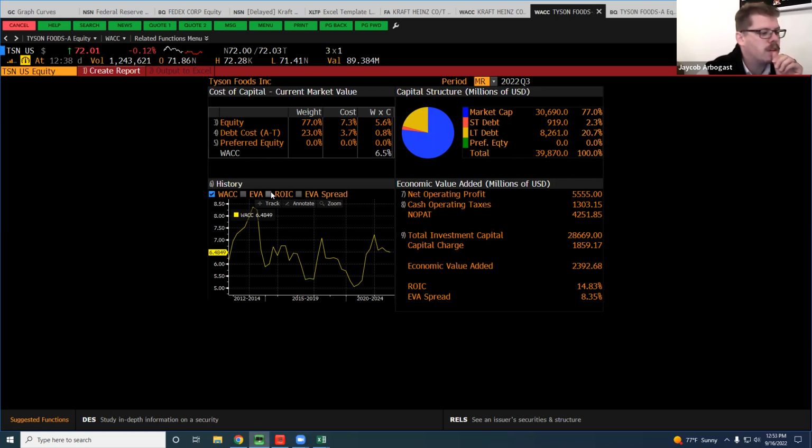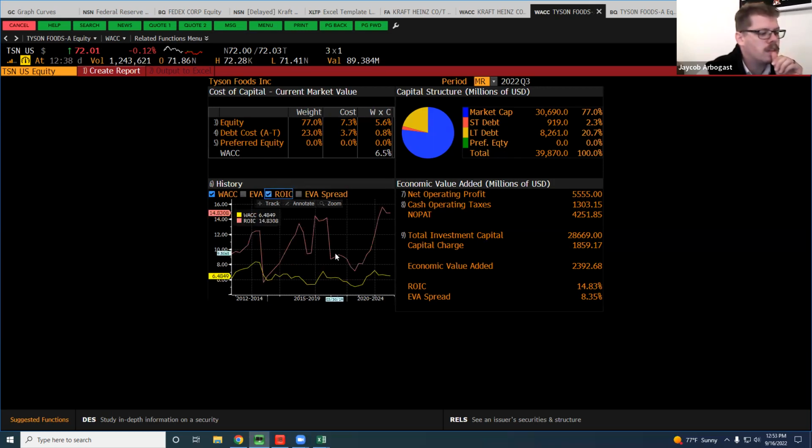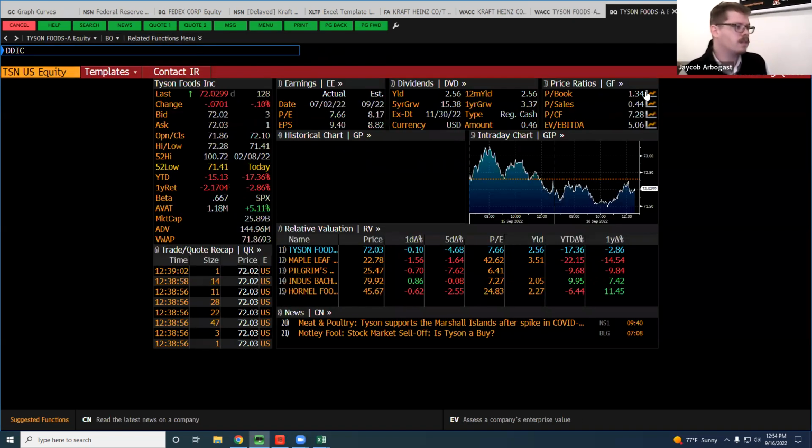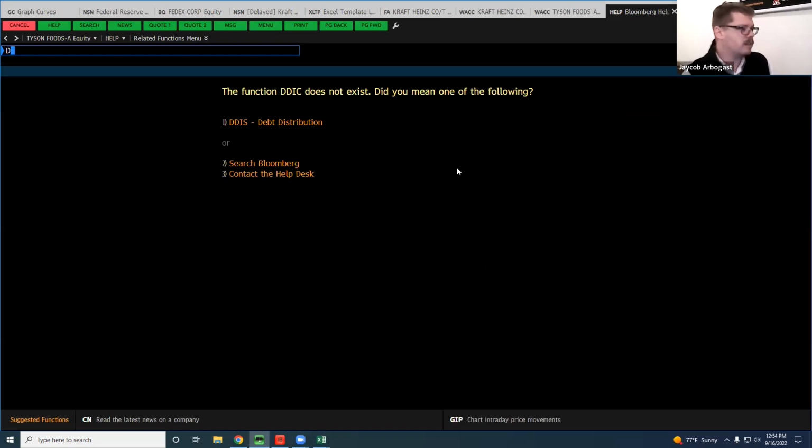So if their cost went up to 7 or 8%, let's say, because the thought in the market right now is that the Fed is going to raise interest rates by 75 basis points on Wednesday next week. And if that happens, then Tyson isn't a AAA company. So their interest rate is probably going to increase more than that. It could be a full percentage point in cost of debt for them. And so if that's the case,